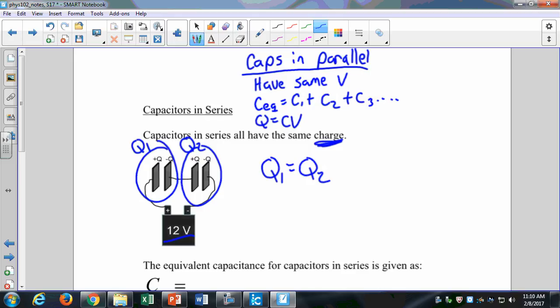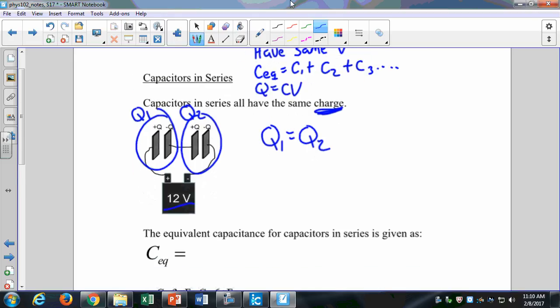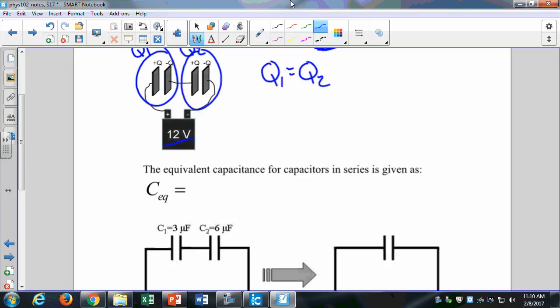All right. So capacitors in series have the same charge. The equivalent capacitance for series is given as this: 1 over C equivalent is 1 over C1 plus 1 over C2 plus 1 over C3, plus however many capacitors you have. You're going to have to deal with some fractions in this chapter, so there are only a couple of operations that we'll do, but you might need a little practice just to jog your memory on how to deal